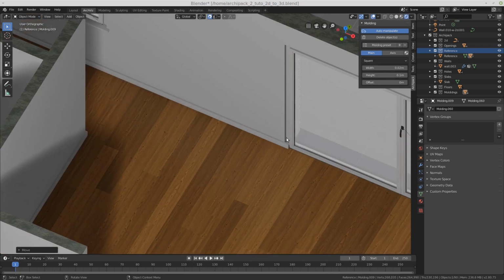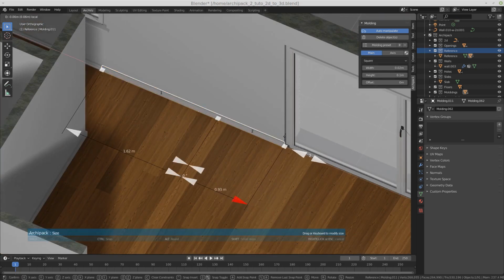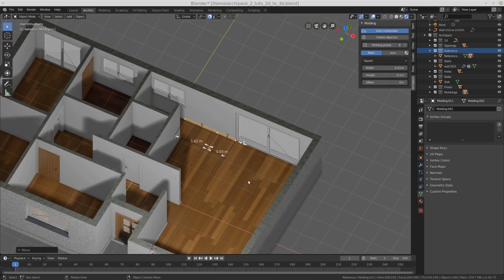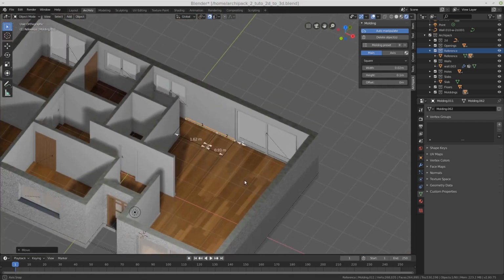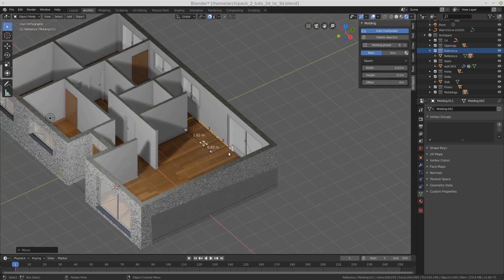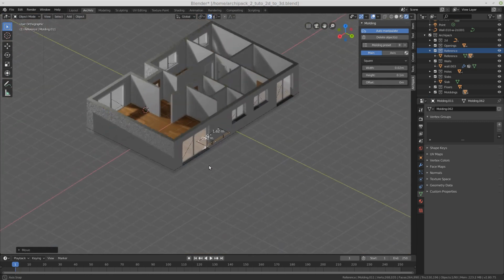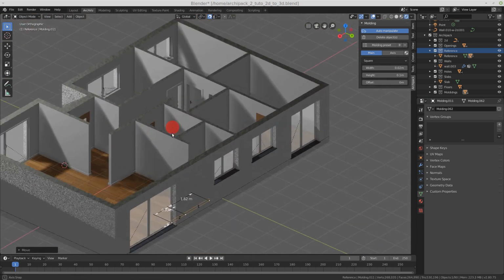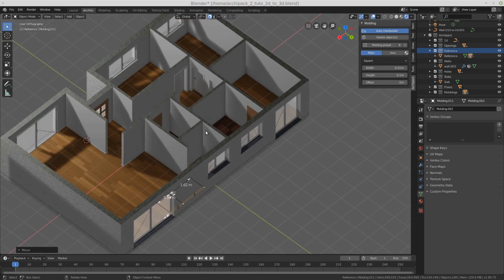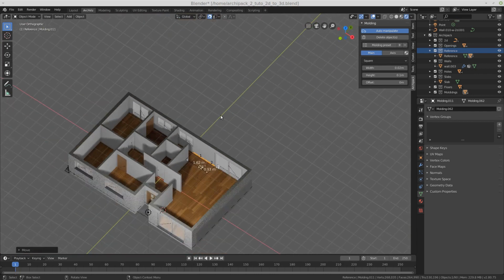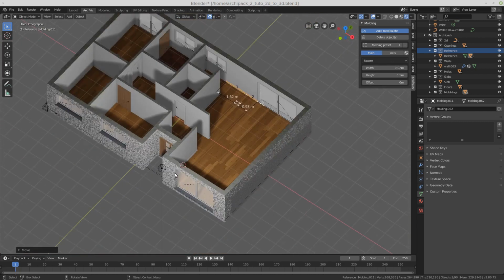So I think I'm done. There are some small things like that, but as you can see, in less than 10 minutes I was able to build a complete story.